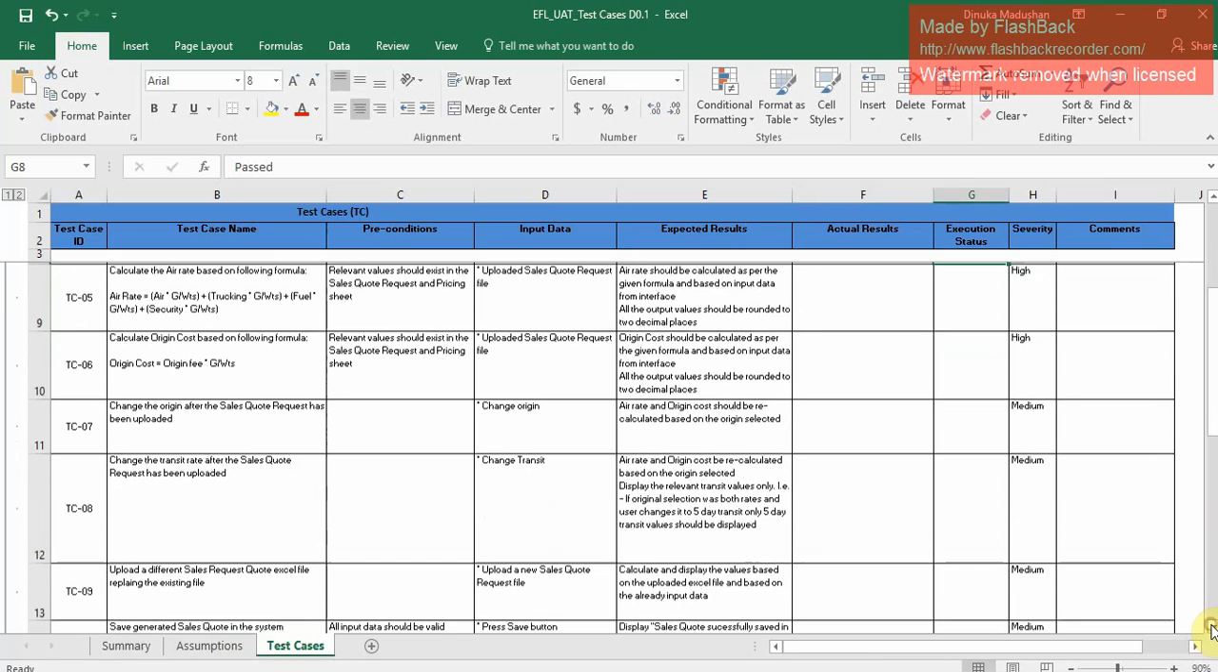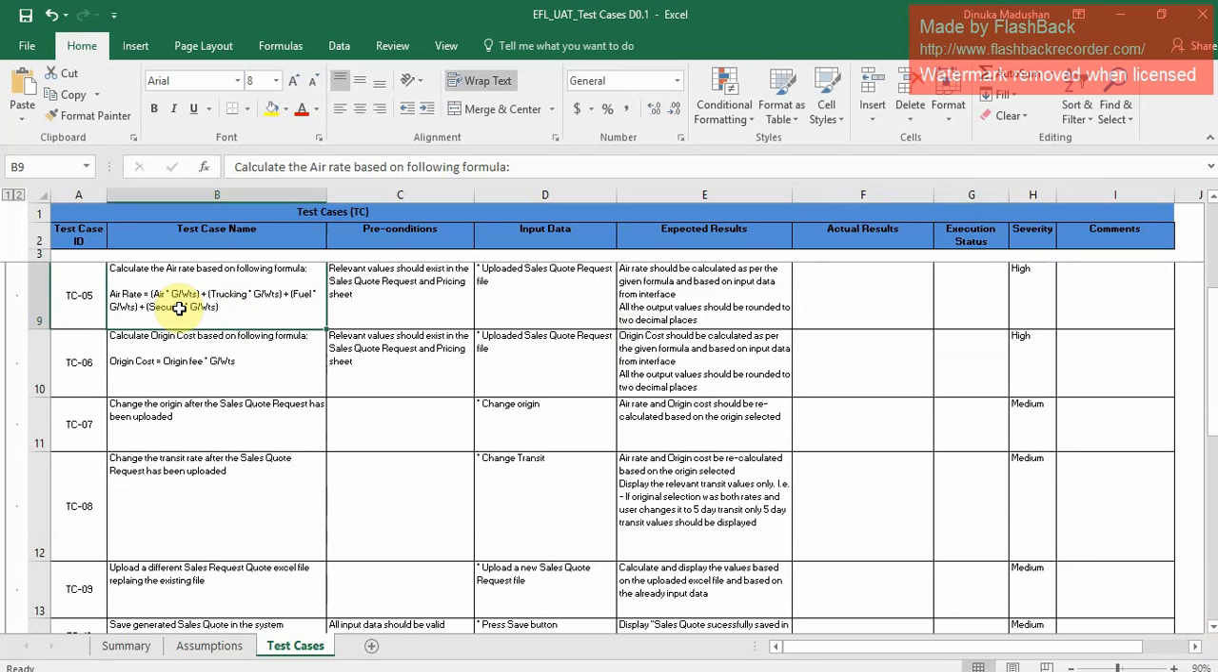Let me jump into the next test case, which is calculate AR rate based on the following formula. AR rate should be equal to AR times gross rate plus trucking times gross rate plus fuel times gross rate plus security times gross rate. Precondition should be relevant values should exist in sales code request and pricing sheet, and input data would be the uploaded sales code request. Expected results would be AR rate should be calculated as per the given formula and based on input data from the interface, and also all the output values should be rounded to